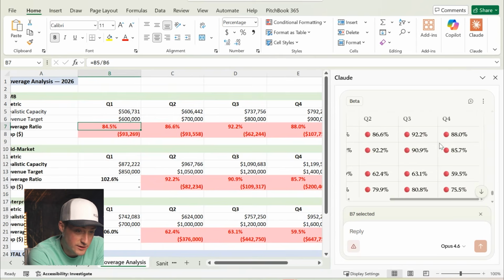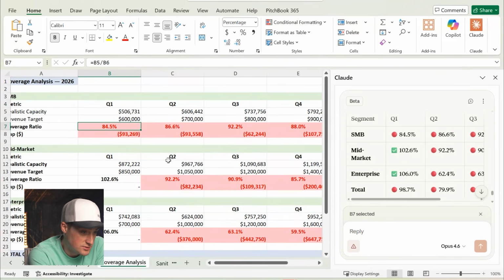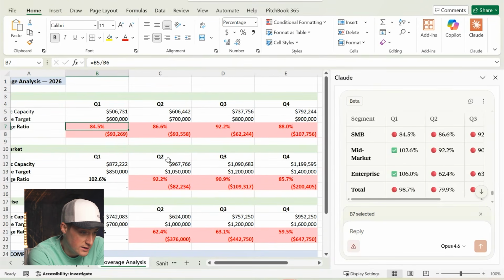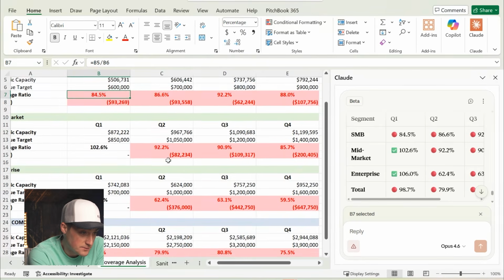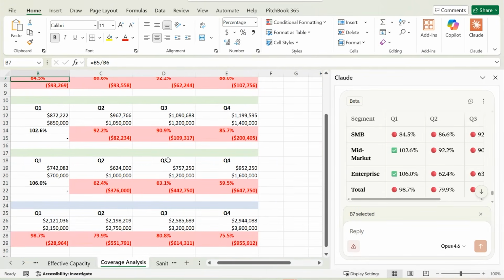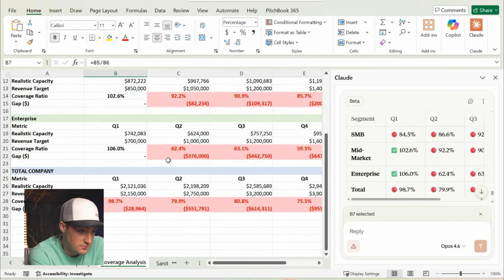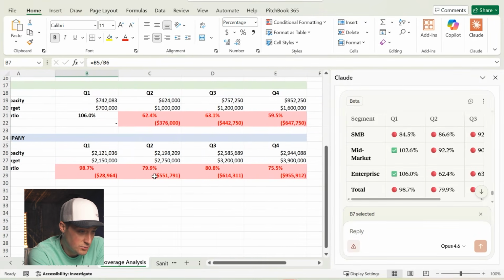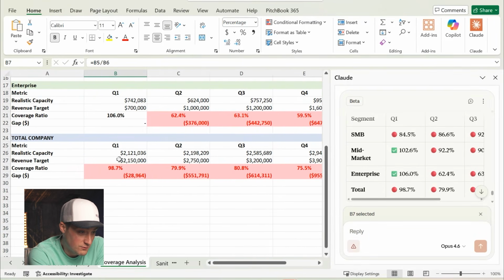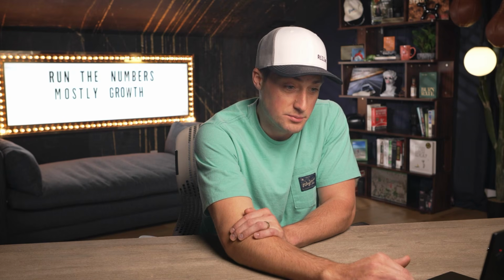So across the board, yikes, S&B in the red, as you can see. We have around 90% coverage there. Mid-market, we're good for Q1, but we need more capacity if we want to keep those numbers for Q2, 3, and 4. And then enterprise, same thing. And then if we look at the total company, we are off for all 4 quarters. We're close for Q1, but it's the out quarters, which tells me we need to hire more people and open